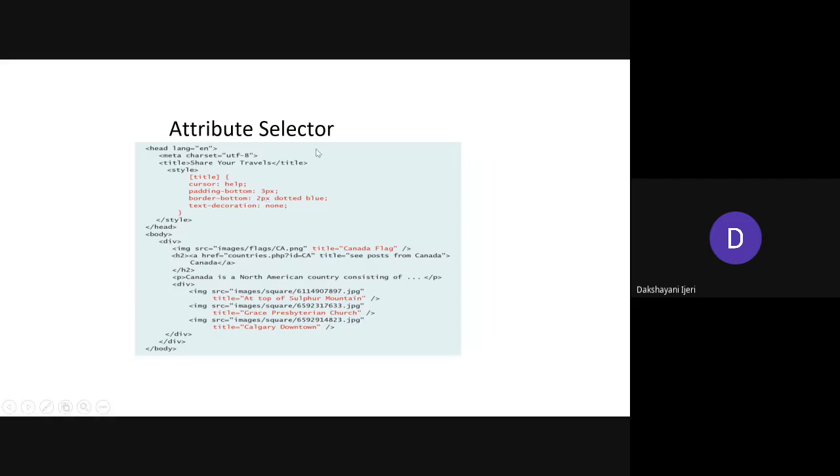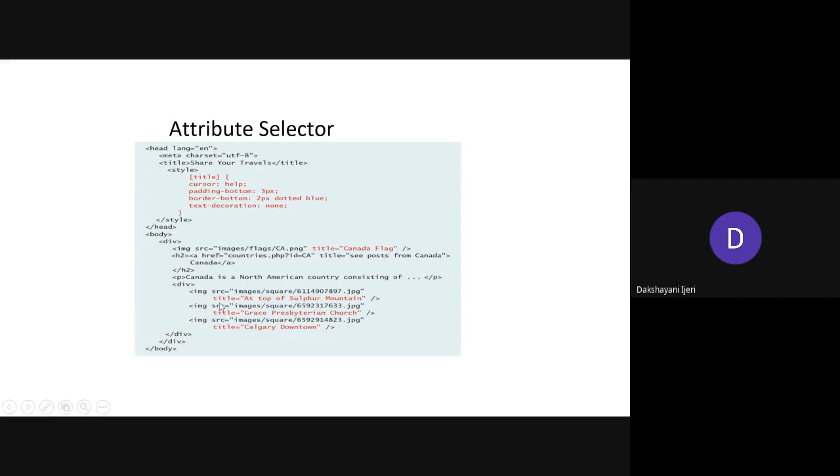So what is this attribute selector? All of you know that so far we have discussed many basic elements, right? In some of those elements you might have come across attributes that you have used. For example, with the image element we have used two attributes, the source attribute and the title attribute. These are not attributes created at the time of style creation. Instead, these are attributes which we usually use while using the elements in HTML.